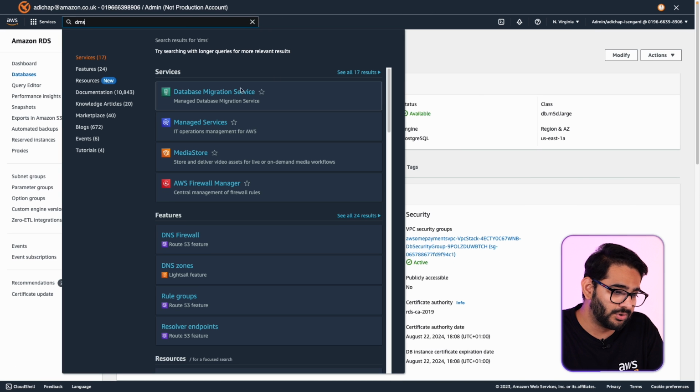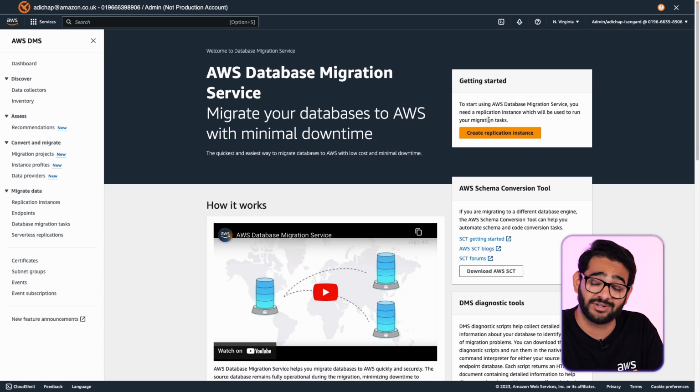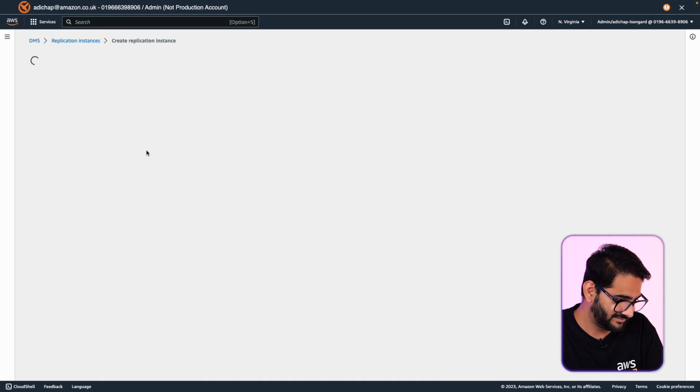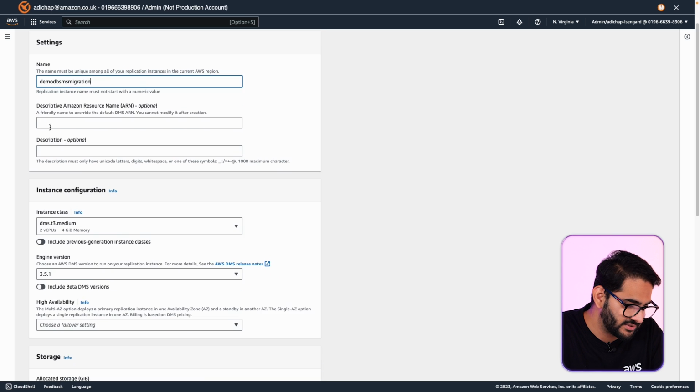Now quickly, let's go to the Database Migration Service and create a replication instance. To create a replication instance, you'll require an identifier, which is the name of your instance, which I'm going to give as demo dbs migration.